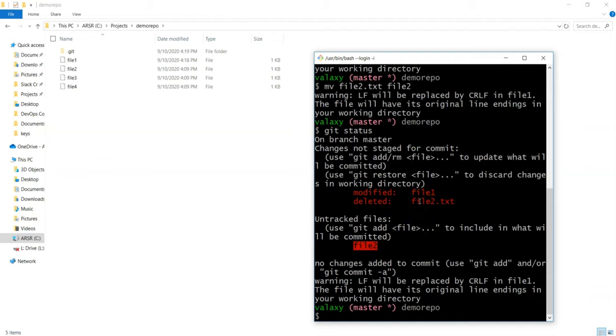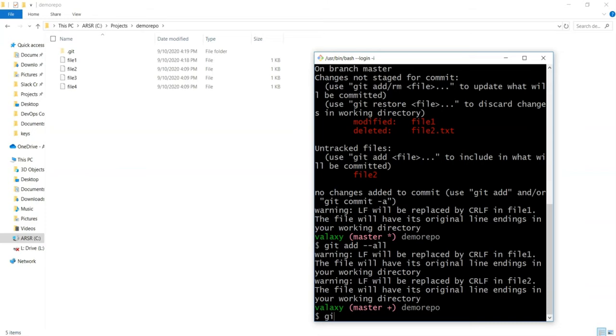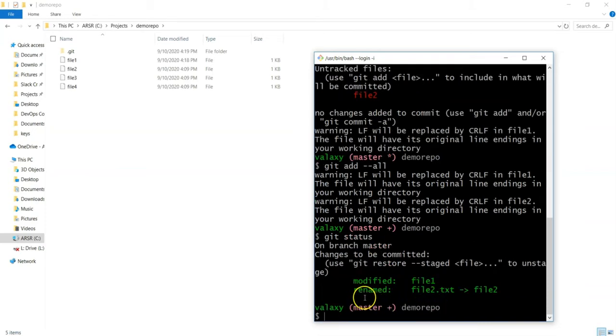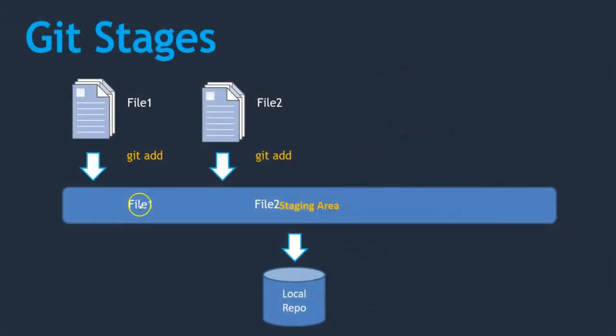Now I'm going to add these changes to the staging area. I can add these changes at a go with git add --all. This is one command, or else git add dot, or else I need to give each file name. So git add --all, because we have used git add dot in our previous lecture. Now let's execute, and if I do git status, you can see here renamed. It identified after adding it to the staging area that file2.txt has been renamed as file 2. So now these 2 files are in the staging area, which means we have pushed these changes.